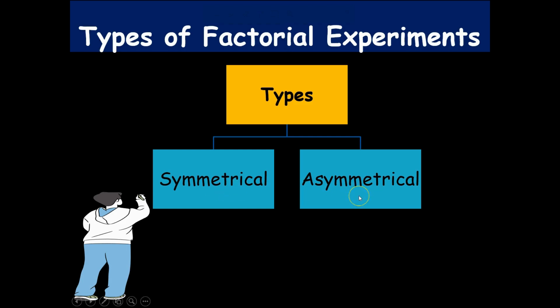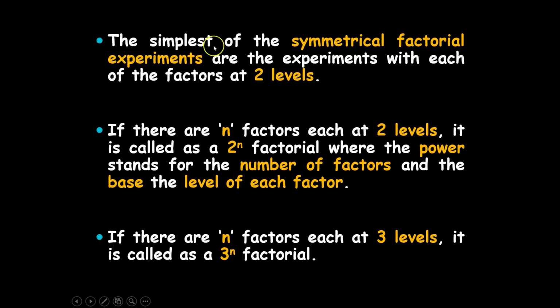When in an experiment there are several factors involved, having different levels, that is, not the same number of levels, then they are known as asymmetrical. The simplest of the symmetrical factorial experiments are the experiments with each of the factors at two levels. If there are n factors each at two levels, it is called 2 raised to the power n, where the power stands for